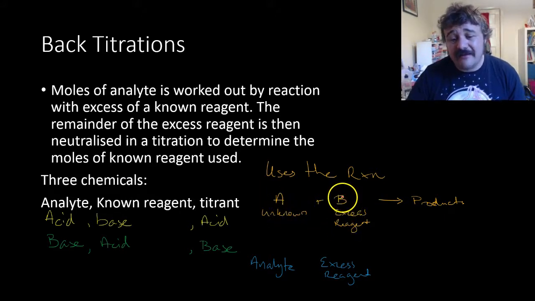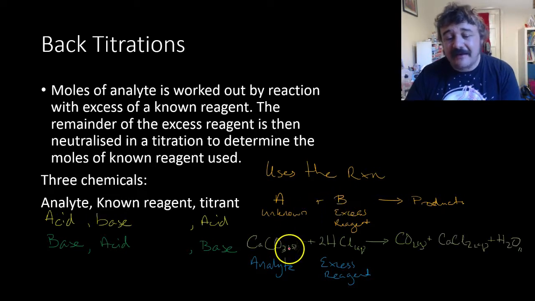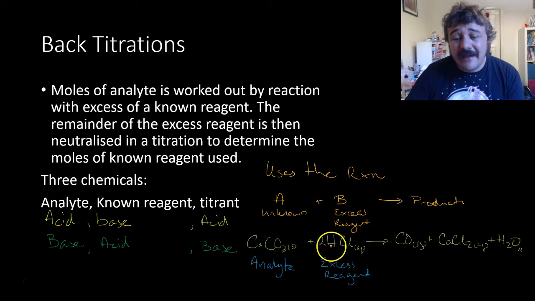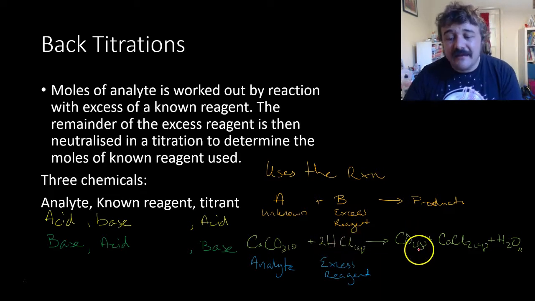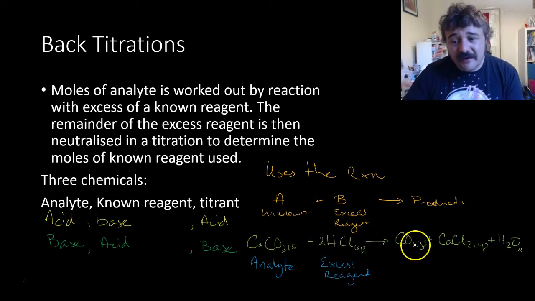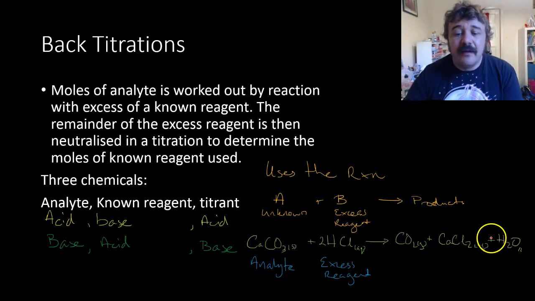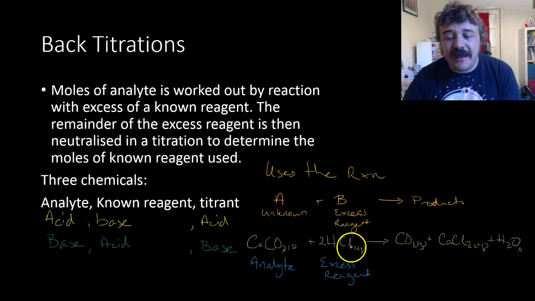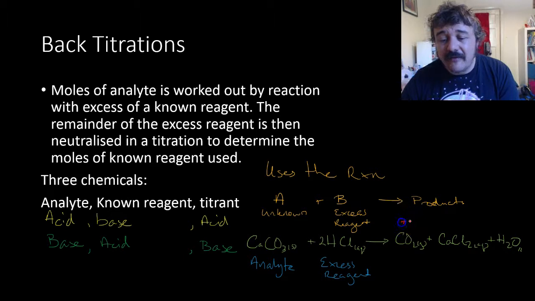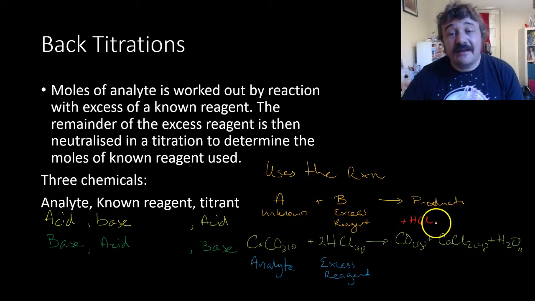Okay, we use that reaction. An example of that is calcium carbonate as a solid. If we react that with hydrochloric acid, that'll give us carbon dioxide, calcium chloride, and water. But because we've got excess hydrochloric acid, there is still a small amount, or maybe a large amount depending on what we've got, of HCl over here,